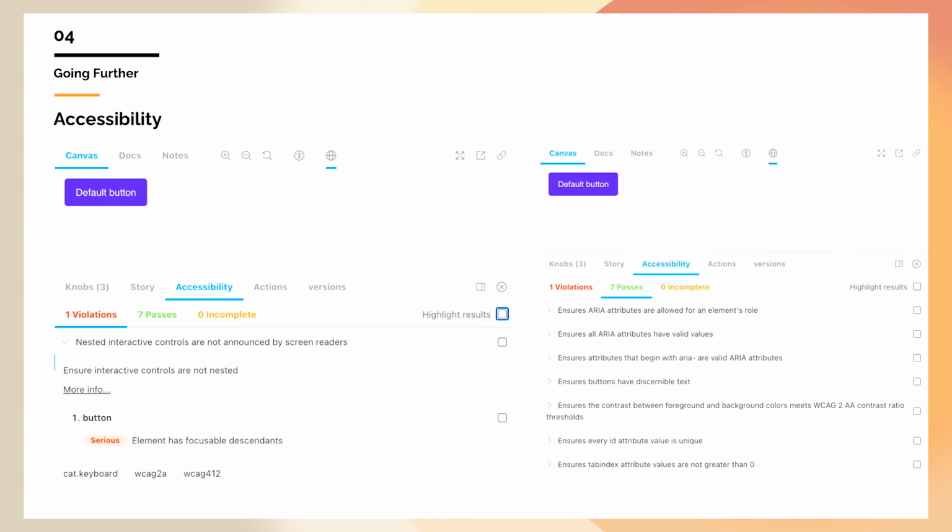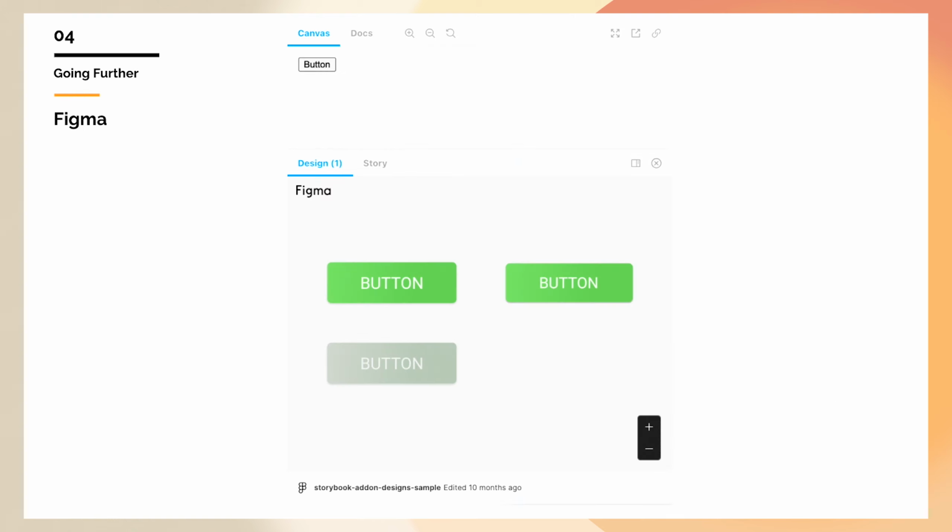Of course, if the HTML element is an input, it will be some other test and so on, based on the HTML element that the component is using. And so you can also embed some Figma design in your add-on to make sure that when you're viewing the component, it fits what the design team thought and created to be this button. In that case, of course, it doesn't match,